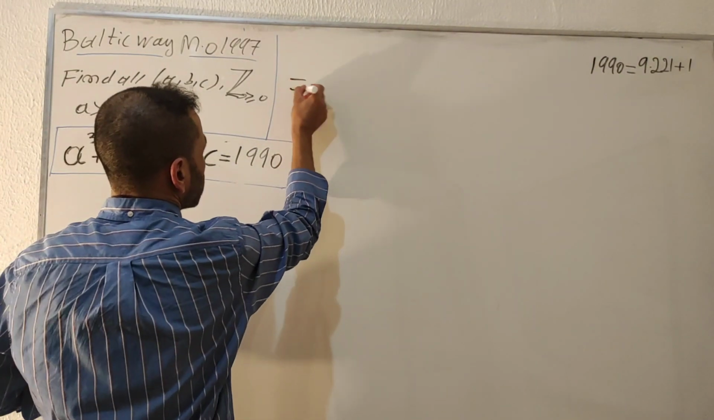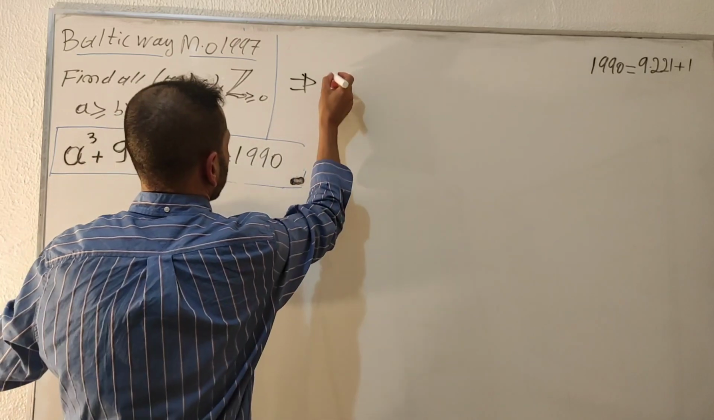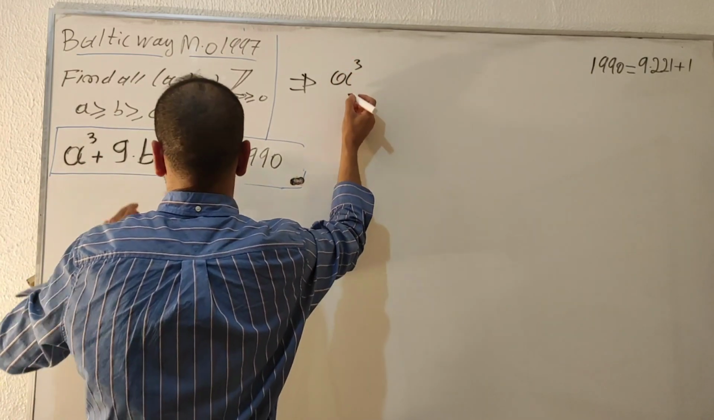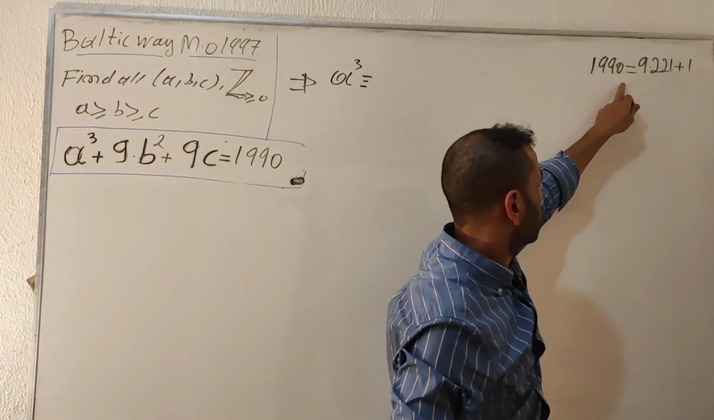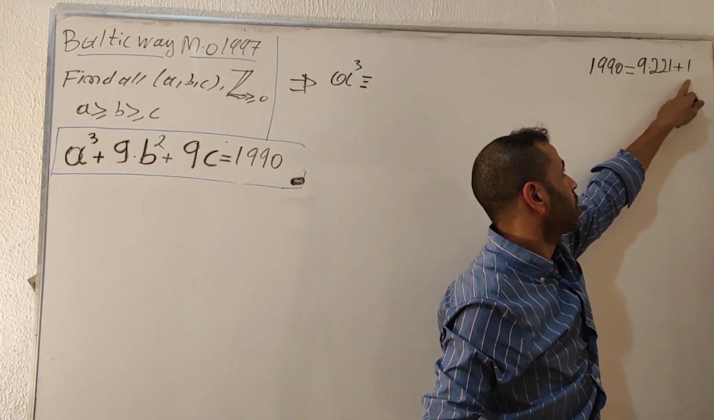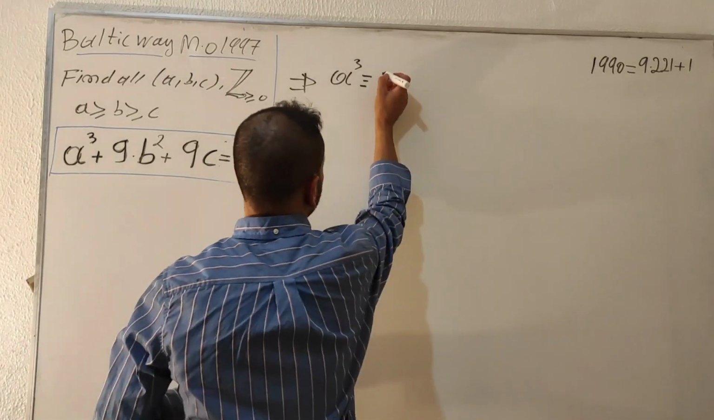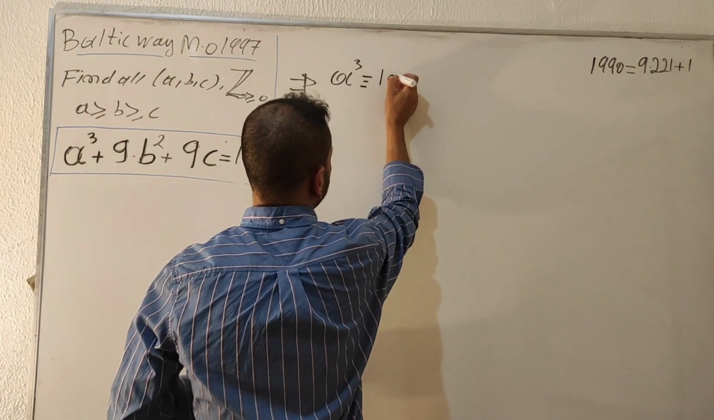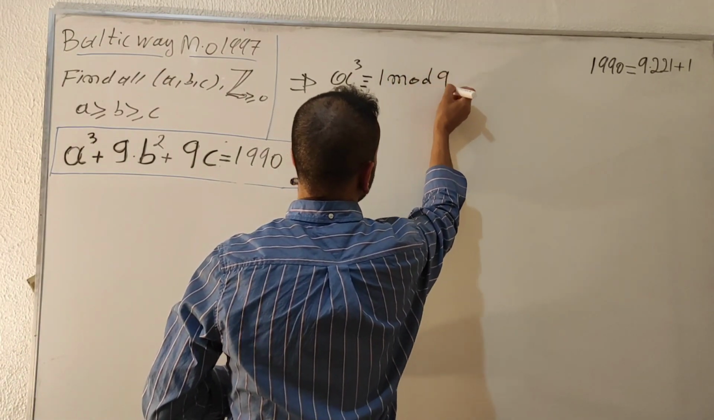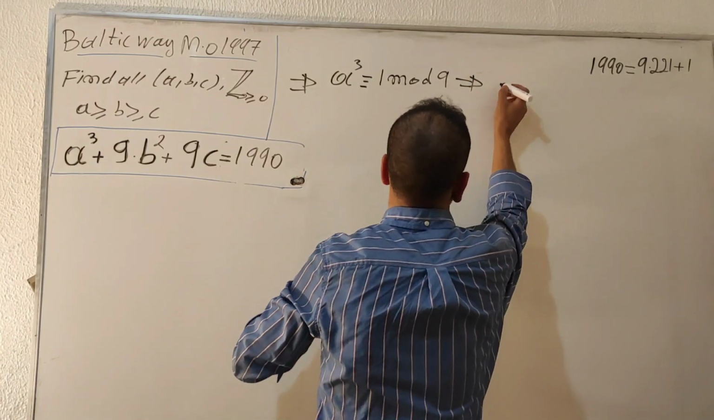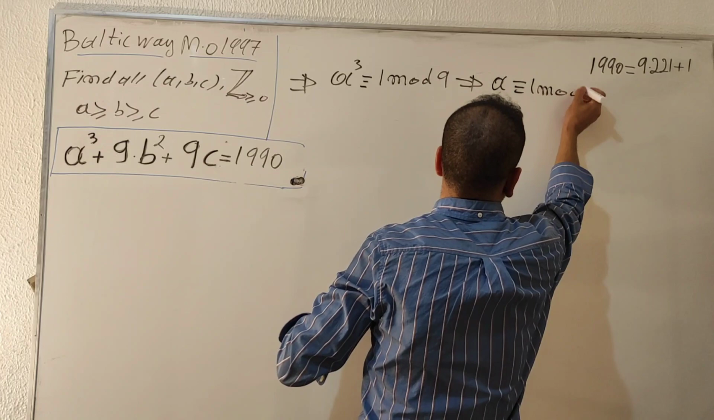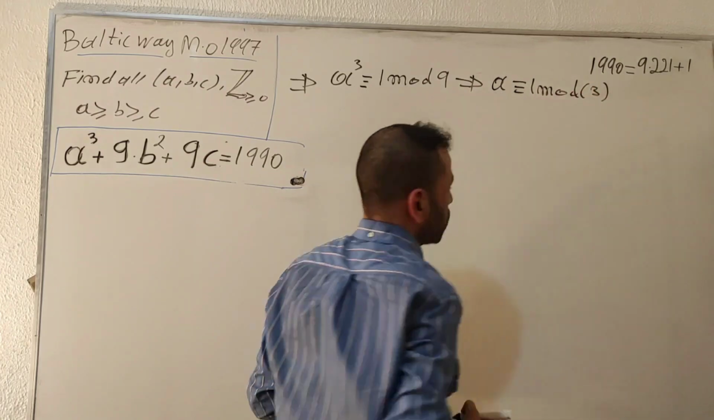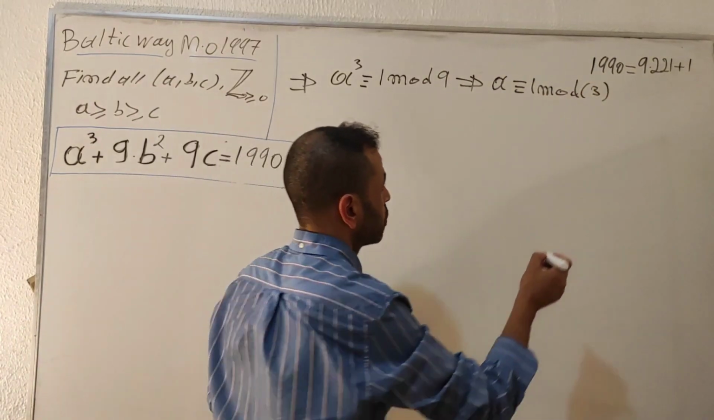So if I'm going to do that, I get here a cubed. This one is 0, this one is 0. Okay, if I'm going to reduce this to mod 9, I get 1 as a remainder. So a cubed is congruent to 1 mod 9. So that implies a is congruent to 1 mod 3. So I'm just reducing the divisor, because